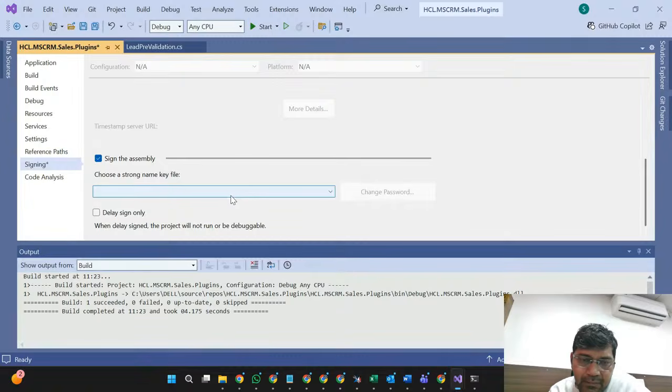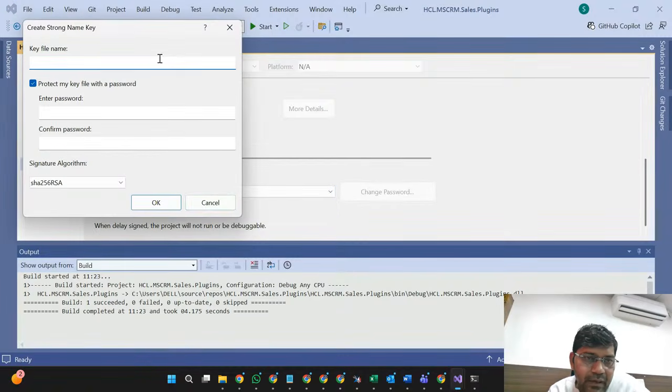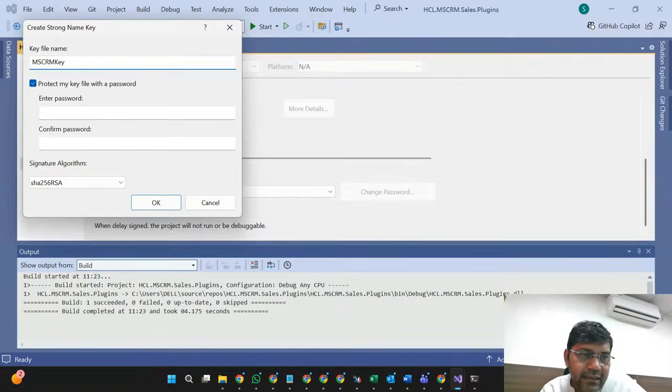So what happens? You have defined one key here, for example for MSCRM, a key name I have defined here. So you have written one key here, the MSCRM key, and you have to maintain it. Like, suppose HCL is a company and I have to maintain a complex key, that is a password.